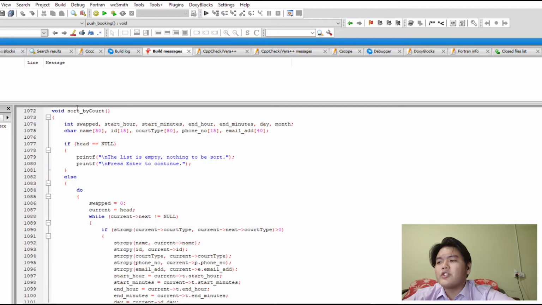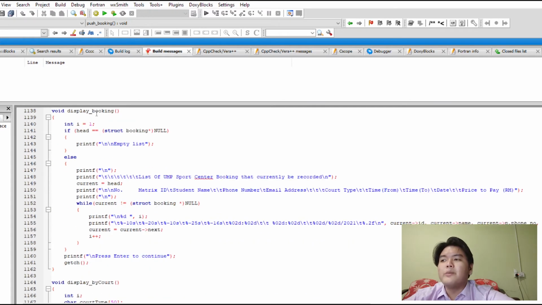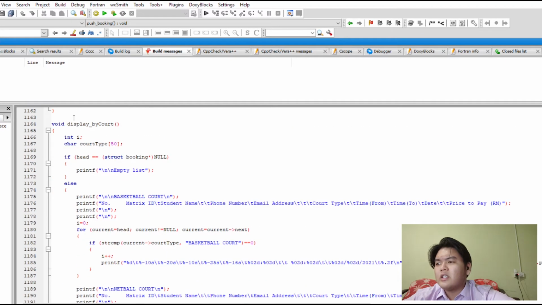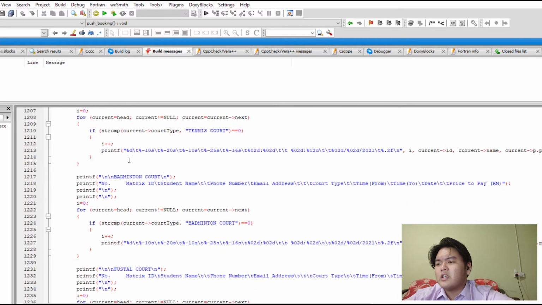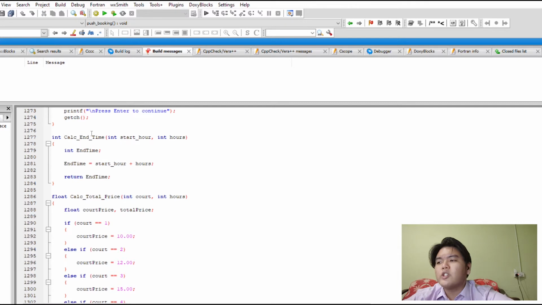This is the sort function by code. And this is our display function. And this is the display by code function. And this is for our calculation, which is used to calculate the time and the total price.